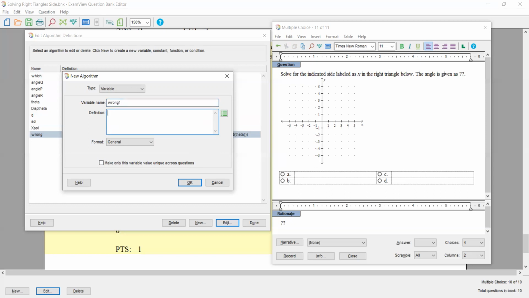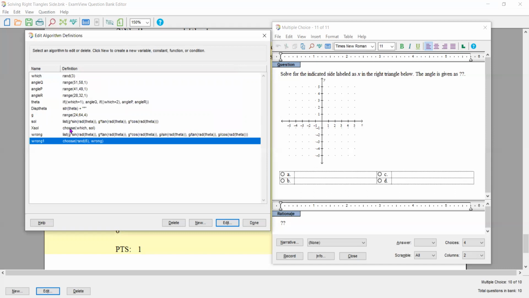And what I'm going to do is create it. It's going to be, let me see, choose. And I want a random one of those 6 choices. So, I got the random. And I'm going to get it from the list called wrong. There you go. And so we'll choose one from there randomly. And you probably say, well, what if it chooses the one from the solution? We'll put another